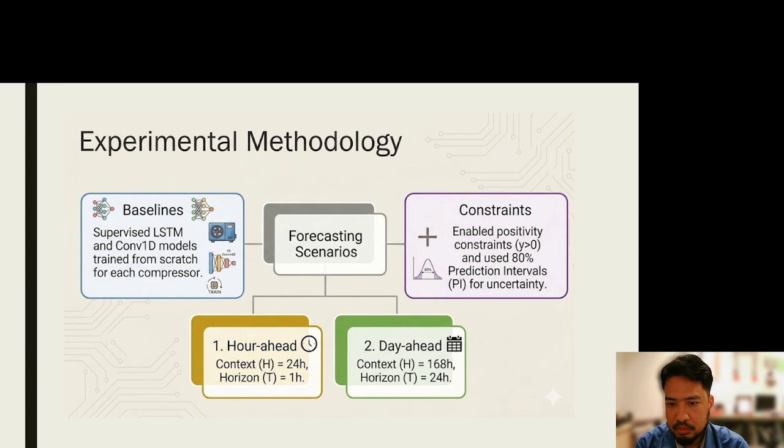Another prediction method is the 2-day ahead method, which consists of a context window of around 168 hours with a prediction horizon of 24 hours. In all scenarios, we enable positivity constraint and use 80% prediction interval for uncertainty.